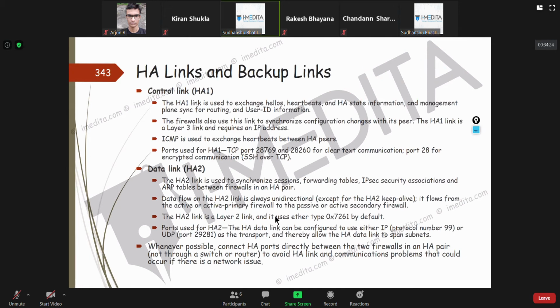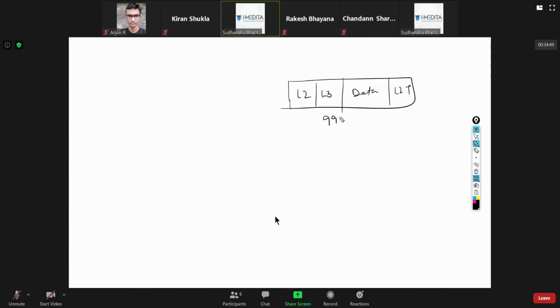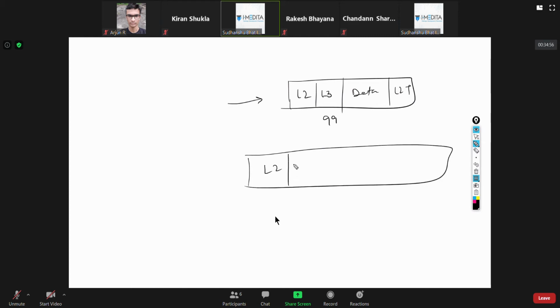Now see, this and this are different. Layer-wise, if you use IP protocol number 99, then the frame looks like this. If you use UDP, then it will look like this.